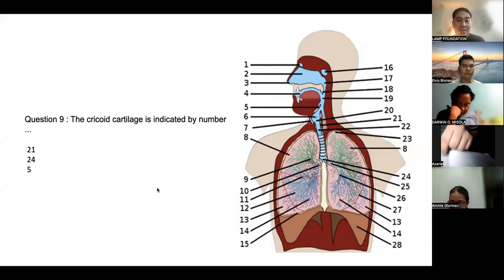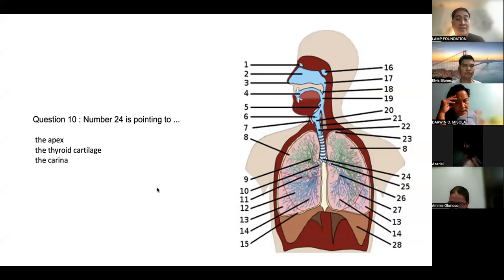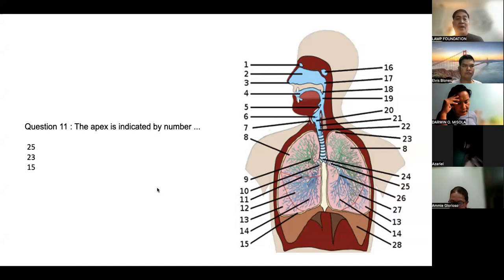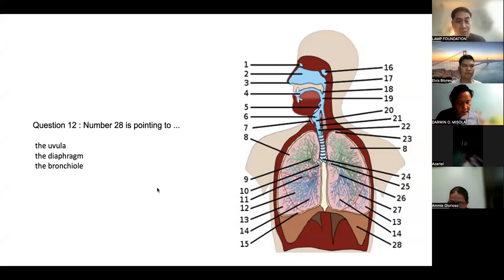Larynx. The cricoid cartilage is indicated by number 21. Number 24 is number 20, carina. The apex is indicated by number 23. Number 28 is pointing to